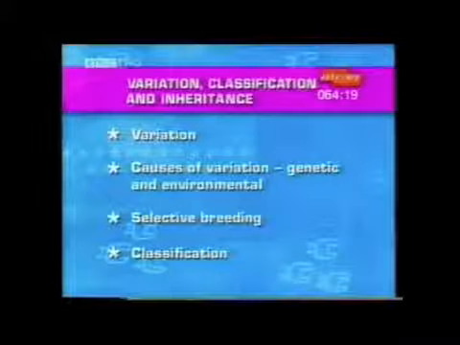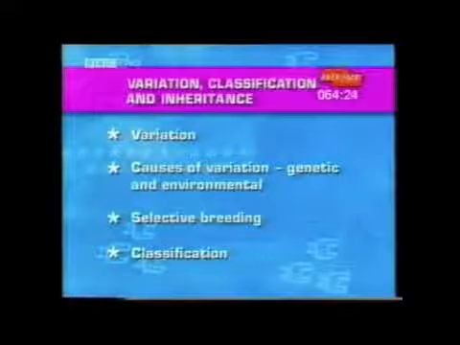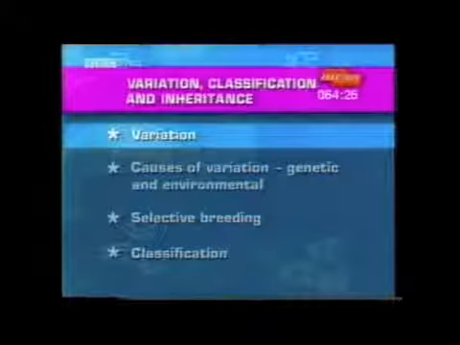This unit on variation, classification and inheritance is split into 4 sections. So let's kick off with variation. A species is a group of living things that can interbreed successfully to produce fertile young. Human beings are one species, fish another, roses another, and grasses